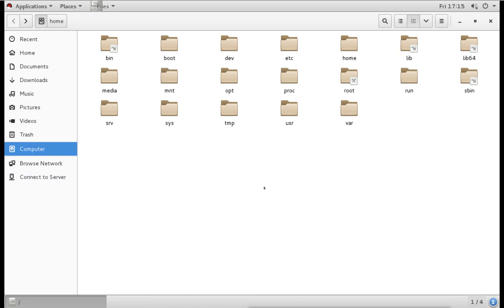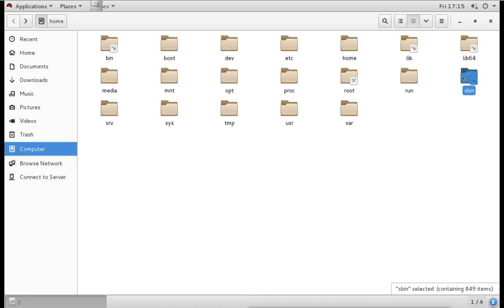But there is one more bin, called sbin, which is this directory. This sbin directory is for super user binary. This directory has the command binary files that can only be run by the root user. Root user means the administrator, the super user.